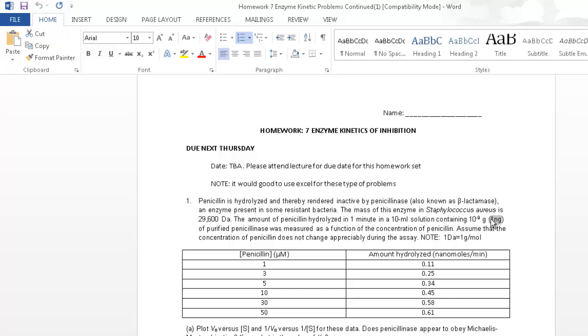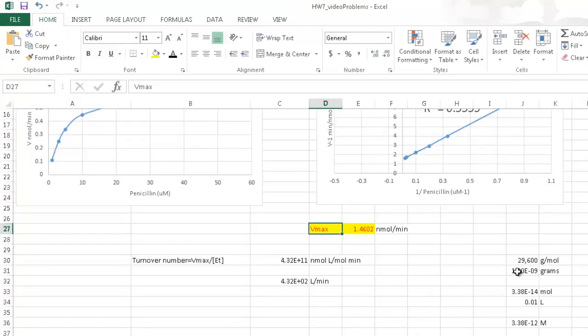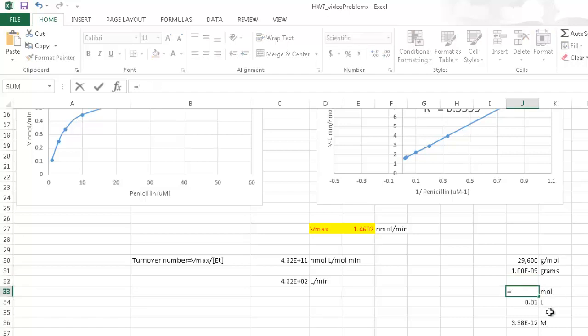And so we have 1 nanogram of it, which is nothing more than 1 times 10 to the minus 9 grams. So if you want to put exponents in Excel, you just do 1 e to the minus 9, and you notice that you have 1 times 10 to the minus 9 grams. So 1 times 10 to the minus 9 grams divided by 29,600, the grams cancel, and that gives you the